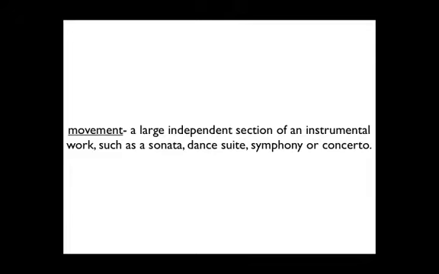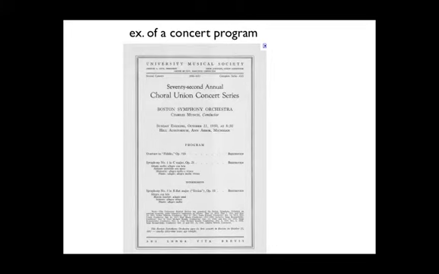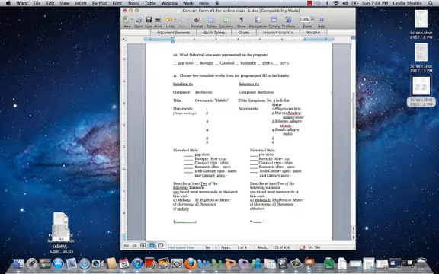Here's the program again. Let's take Symphony No. 3 as our second selection. I went ahead and typed in the second selection, which would be Symphony No. 3 in E-flat major by Beethoven. And underneath where it says movements, I typed in the names of the movements. Most of the time, there's only going to be 3 or 4, sometimes fewer, sometimes more. So in this case, I would leave 5 and 6 blank because there's only 4 movements. These movements are in Italian, and what they are usually, as in this case, they're tempo markings, which tells you how fast or slow the music is supposed to go.